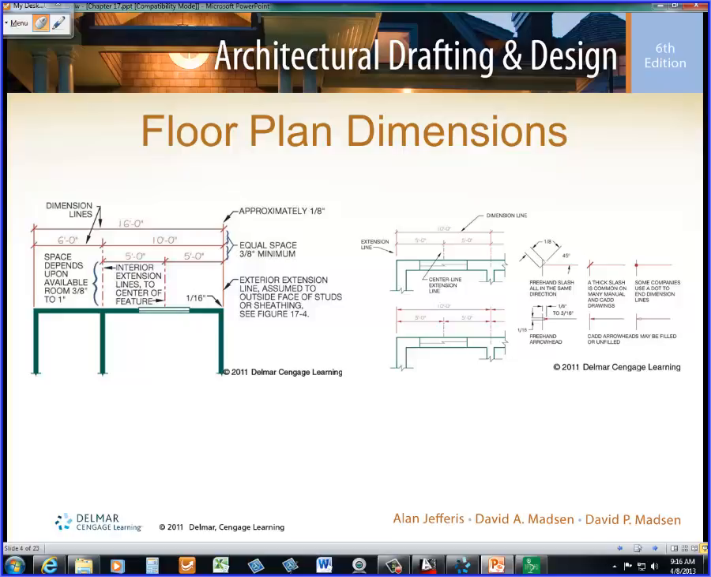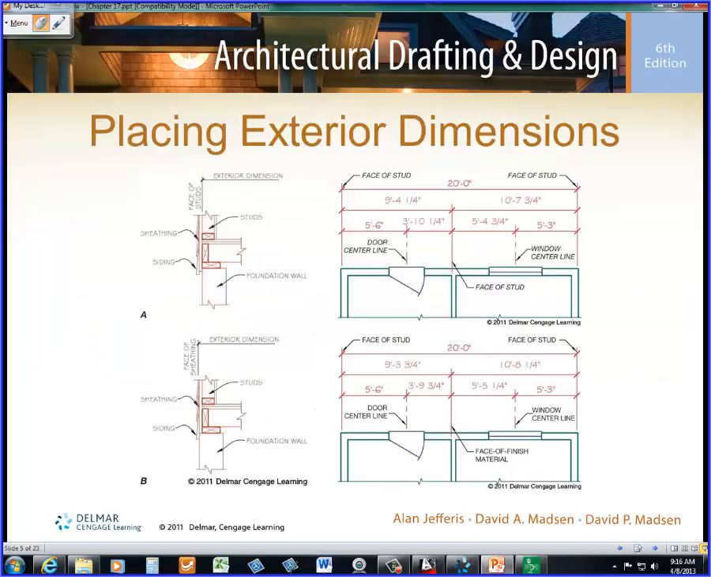Okay. So, in a little bit greater detail, here's your face of the stud. You can see it's lining up